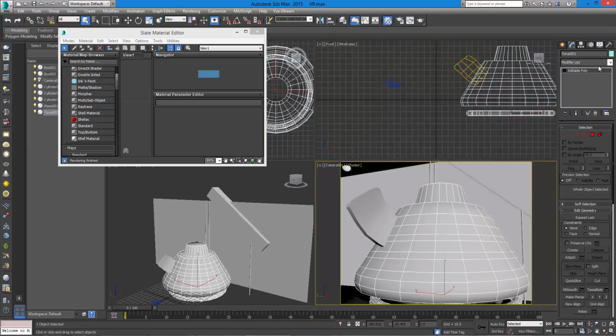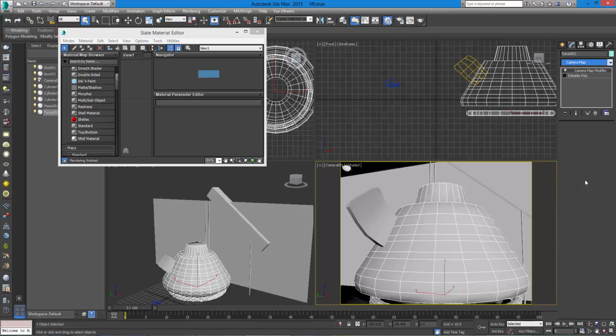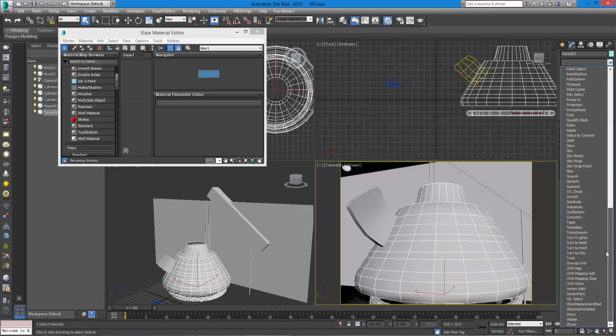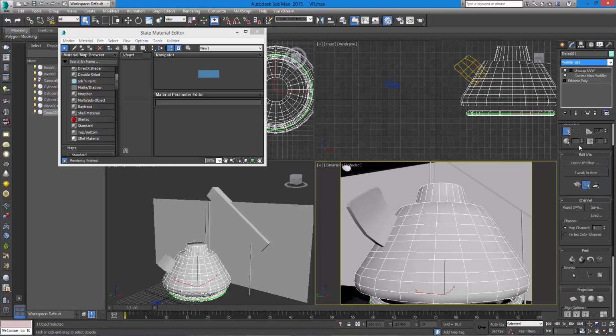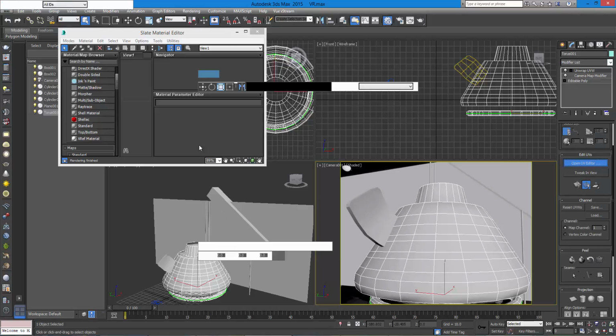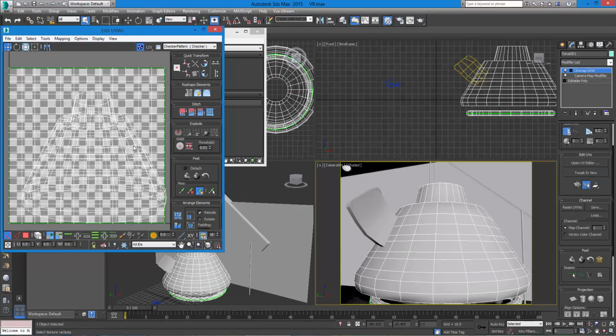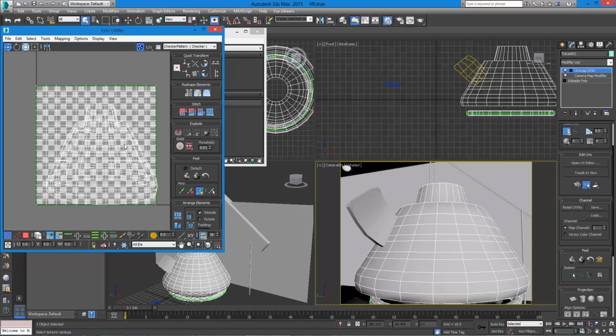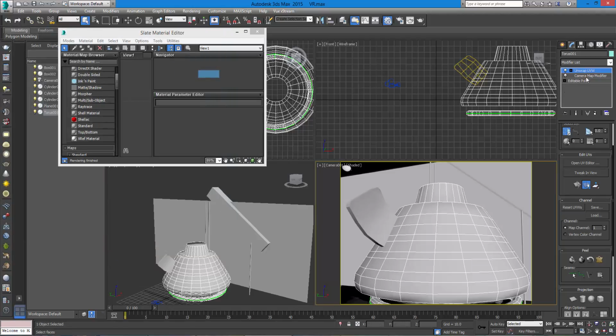Let's do the same thing for my capsule. So camera map, and I can check it again. You can always check it by just going here and adding an unwrap UVW modifier and just open up your UV editor. When you open your UV editor, you should see that object or those objects from that perspective that the camera actually had them at. So that's good. And let's delete this